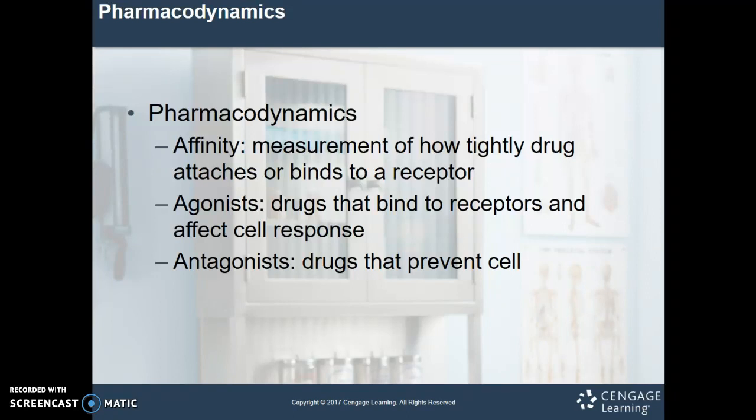Agonists mimic or enhance the action of the receptor, whereas antagonists block or inhibit the action of the receptor. So let's give you an example of an agonist. One that the book uses, which is a really great example, is albuterol, which is a beta-2 agonist. When albuterol binds to a beta-2 receptor, it results in an activation that causes relaxation of muscles lining the airway, and it stimulates the bronchial tubes to dilate,